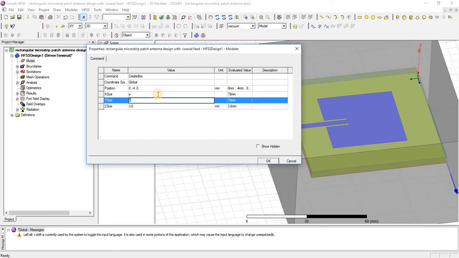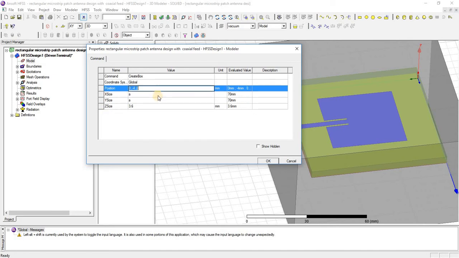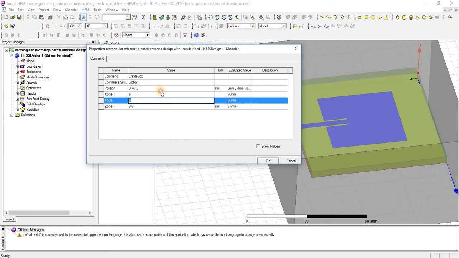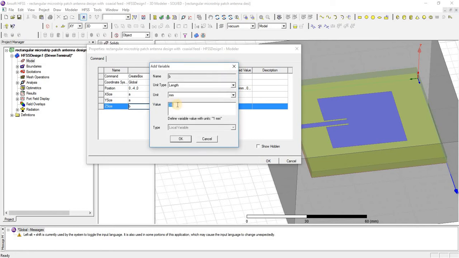Similarly, if you have not defined the variable at the start of the project, you can define it here also. For example, I am going to define a variable b. Just press enter. It will ask for a value so that this variable becomes a local variable defined in the antenna's design properties.